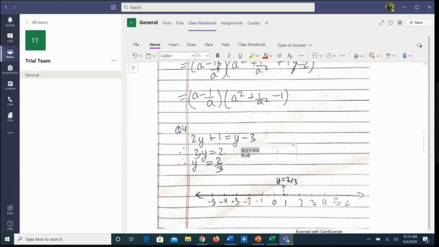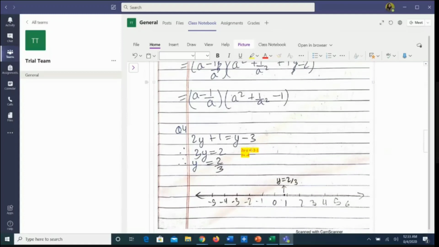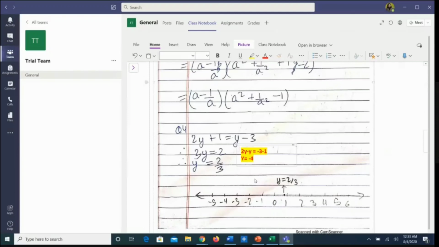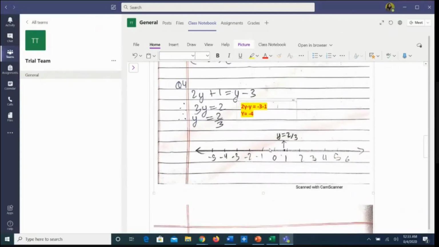Like here it should have been y is equal to -4, so I can write that, and after writing it I can highlight it and increase the font size and make it bolder also, so that the child can see his mistake and he might not repeat it again. So this is how the checking can be done in a very meticulous manner, so that the child gets to know his or her mistakes and it is of good use to the child.